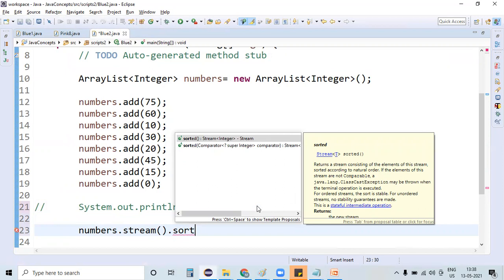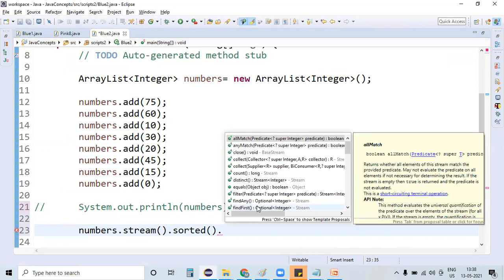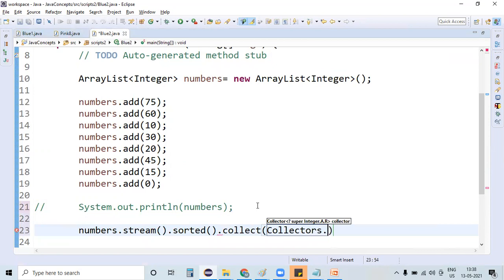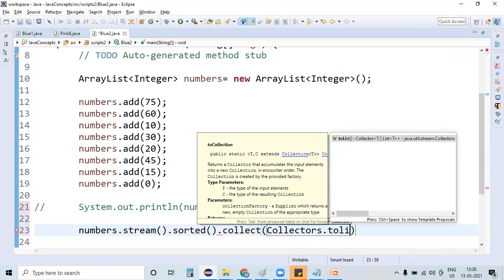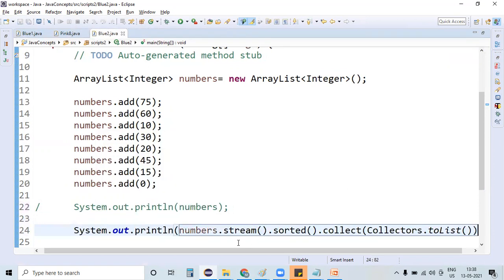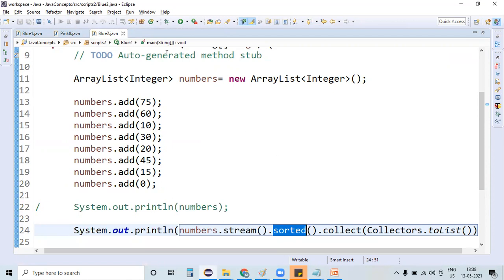I'm going with the default sorting order, collecting the result into a list, and printing the complete information with System.out.println.